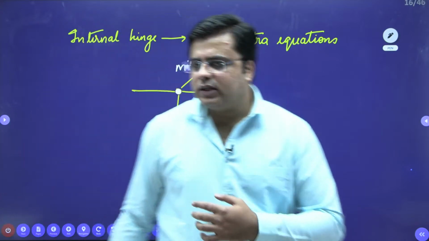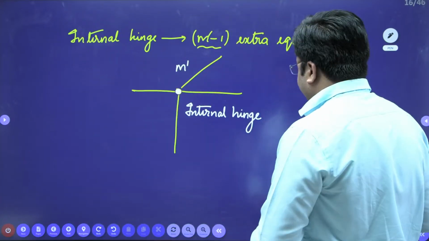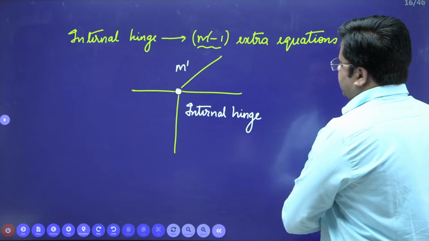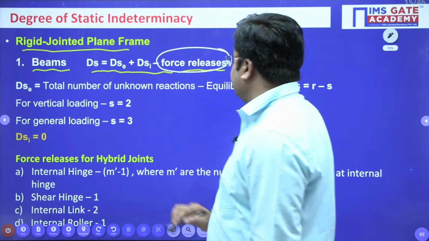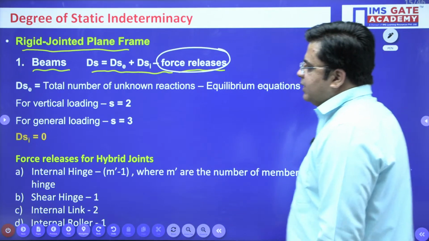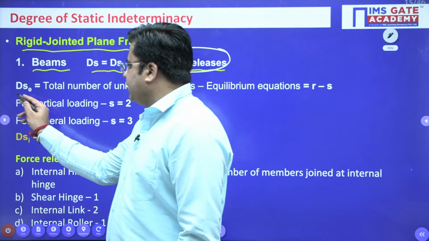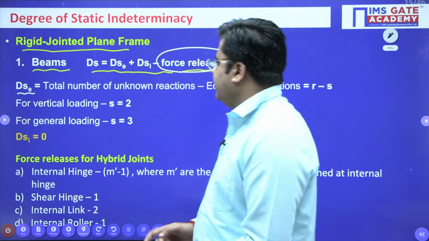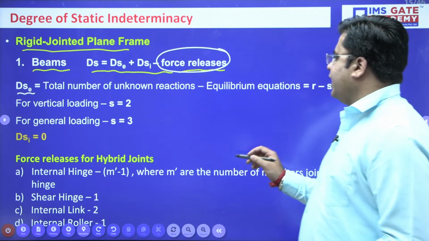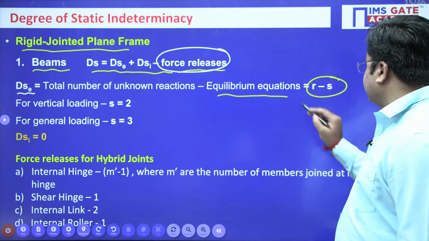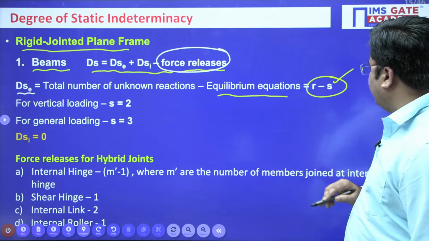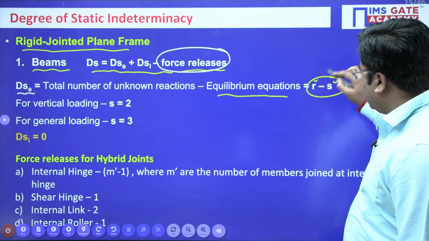So, we just delete or subtract these force releases, right? We just subtract these force releases. So DSE, degree of static or external indeterminacy, is equal to the total number of unknown reactions minus the equilibrium equations, that is R minus S, where S is the number of equilibrium equations and R is the number of